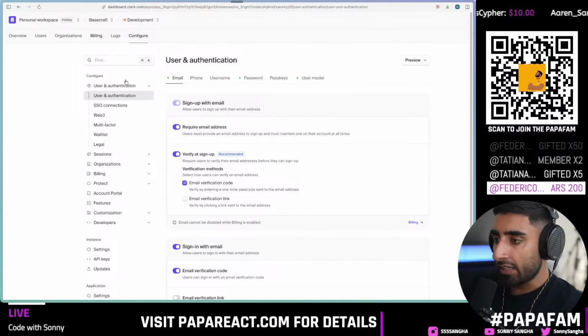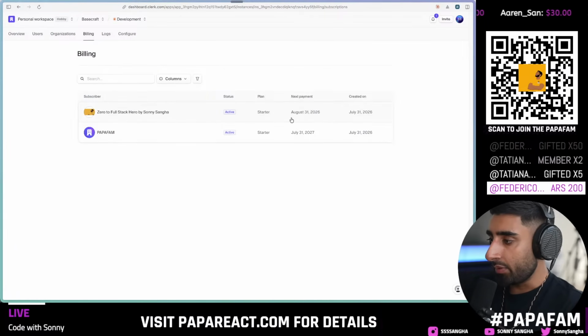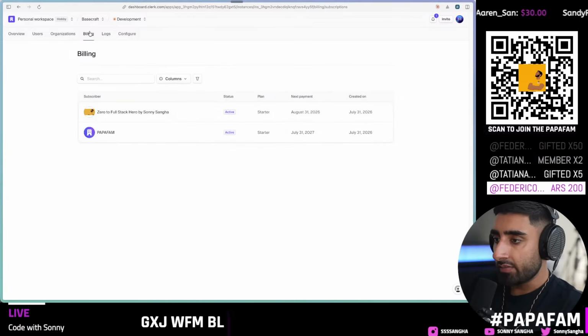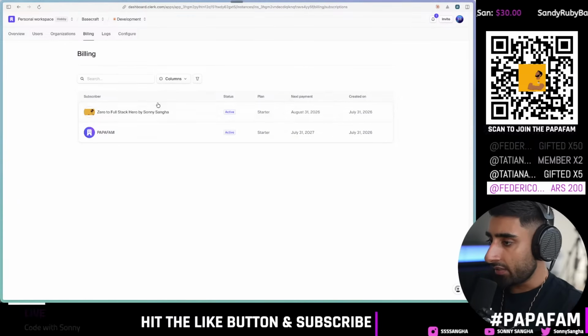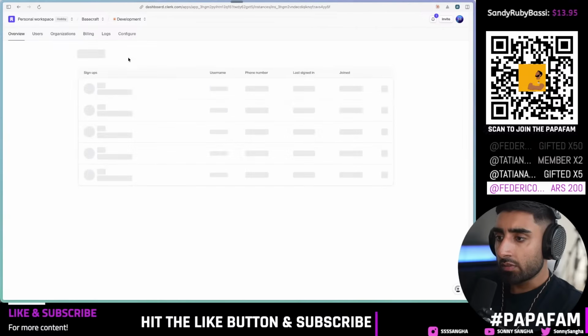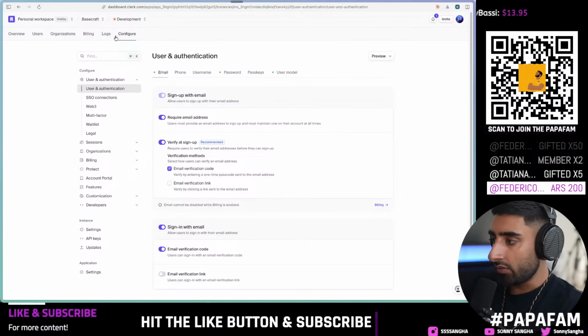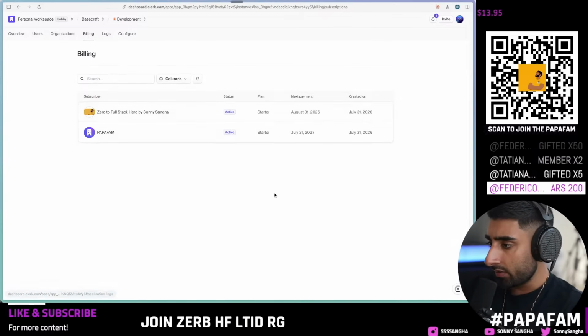But if we go over to the actual billing side, you can actually see here, look at that, boom, 2 active billings. Amazing, right? So in this case, we can even see in the logs, I think, this one overview. Few changes on Clerk side that I've noticed. If we go here,